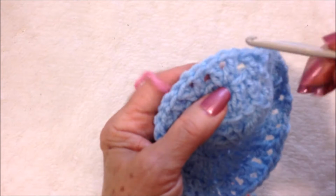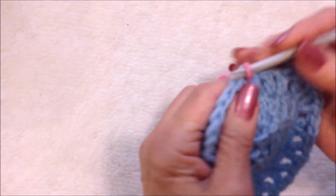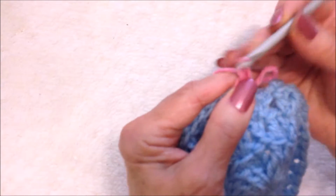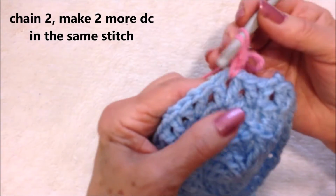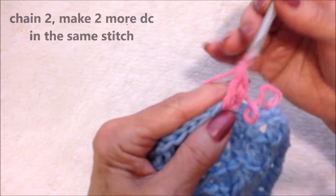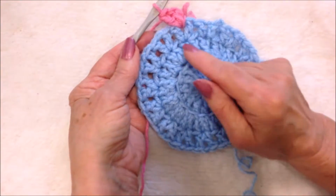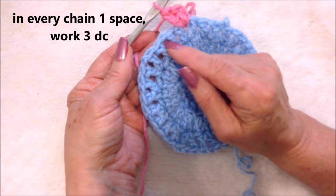And I'm going to attach my yarn in the center of any V-stitch. Pull that yarn through, lock it in, and that takes the place of the first stitch, so I will only chain 1 more. So that's the equivalent of chain 2. Make 2 more double crochet in that same stitch, 1 and 2, like that. And now all the way across the row, in every chain 1 space, the center of the V-stitch,